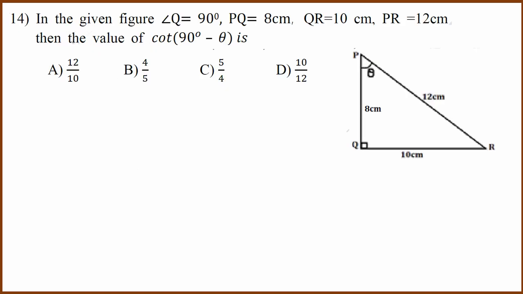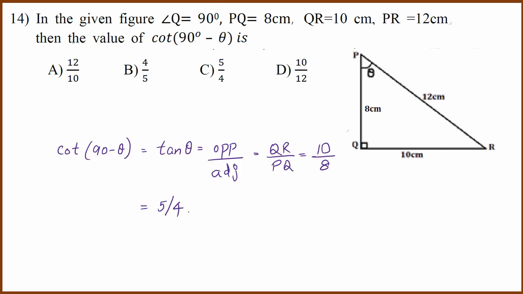Okay, 14th question is a trigonometry question and also complementary angle question. So what have they asked? They've given this triangle and they've given the three sides, 8, 12 and 10 centimeter. They've asked us to find cot 90 minus theta. What is cot 90 minus theta? Cot 90 minus theta is tan theta,